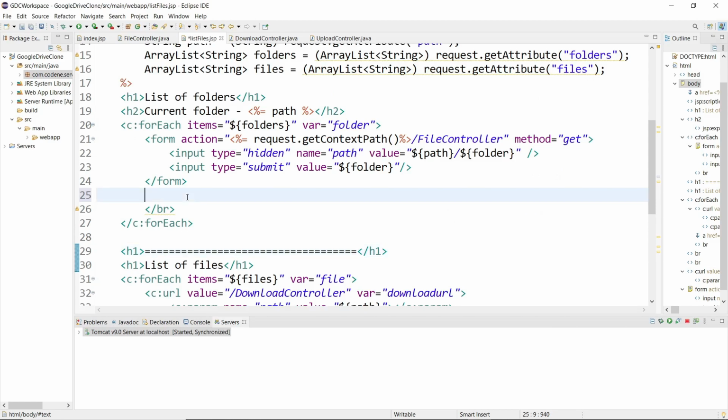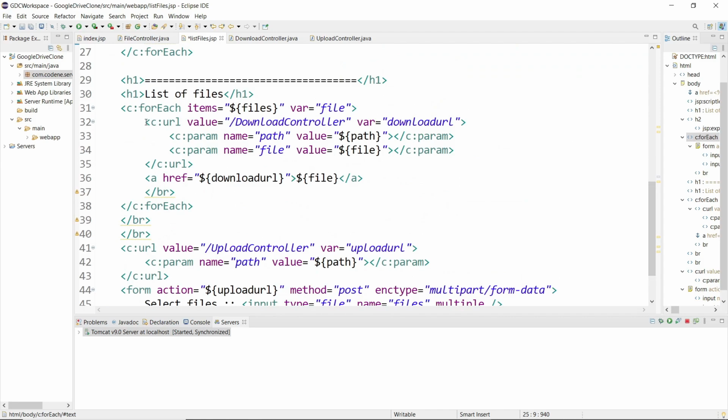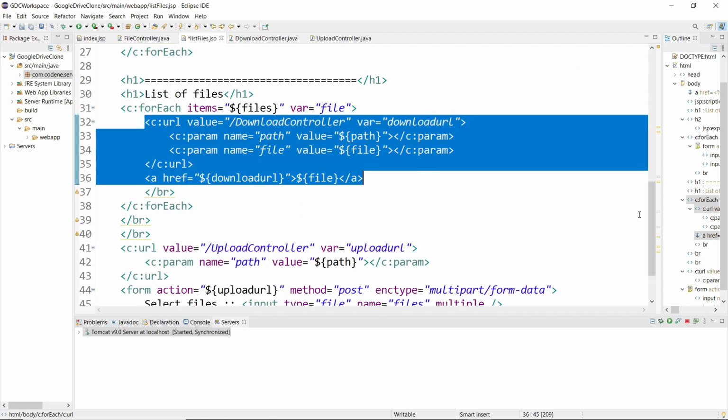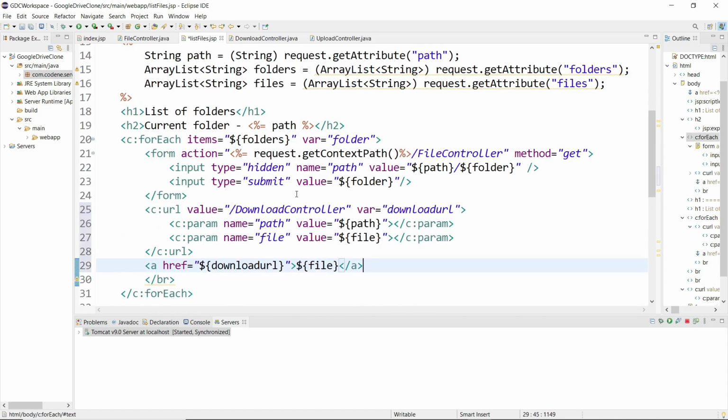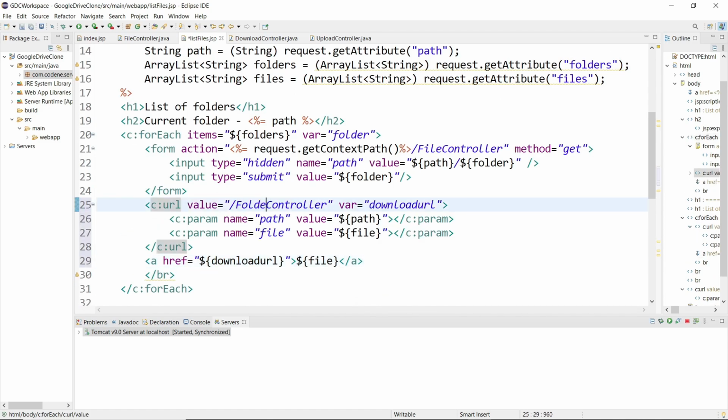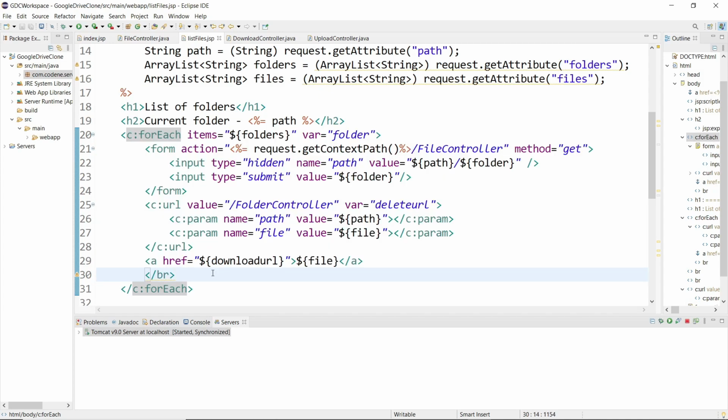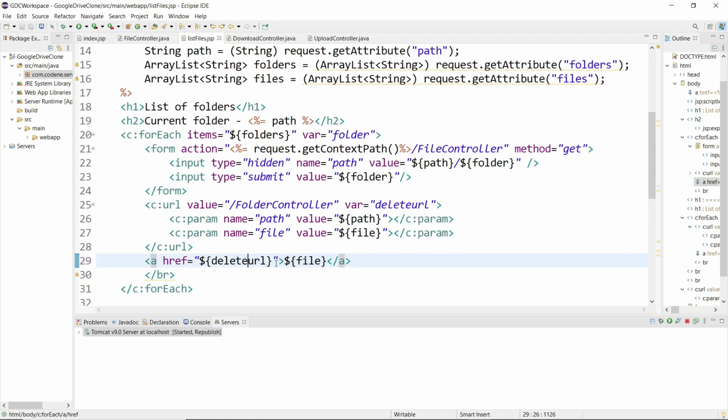So as per our plan, the next functionalities that we are planning to add are creating and deleting folder. For this I will simply copy this part of the code and modify from there only. All right, so once copied, I will rename this controller as folder controller and rename it as delete URL. Notice that the URL that I am putting will be inside the for each loop of the folder. Then I will use this delete URL only, right? Delete URL, and here instead of this file I will be showing delete folder. Okay, and the path will remain same.